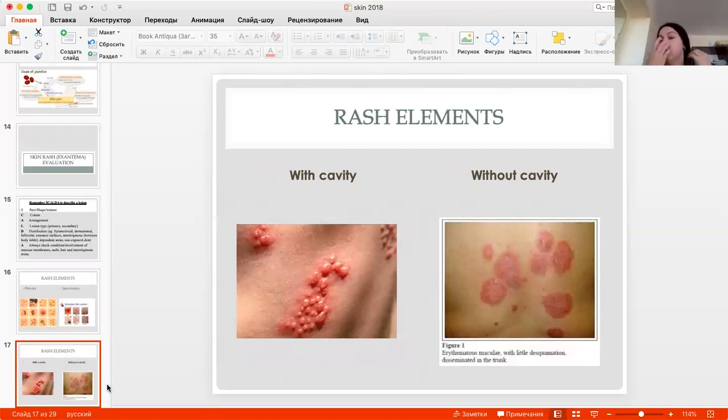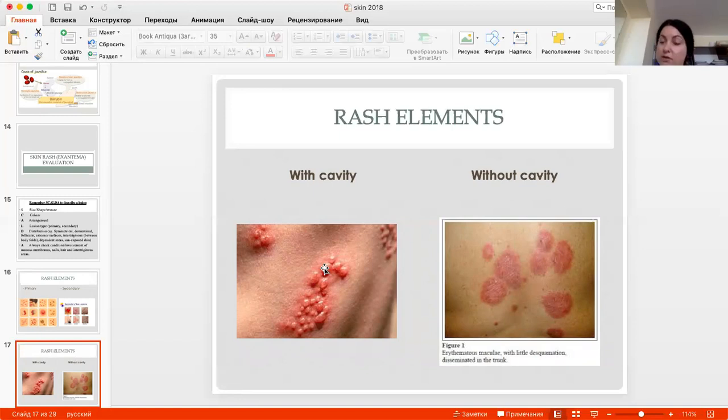As well, when we classify the rash elements, we talk about the elements with and without cavity. On the picture, you can see what it means. Usually the cavity is visible because there is a transparent epidermis upon it, and you can see through this epidermis if there is a cavity or not. Usually this cavity is filled with fluid. It may be serous fluid. In this case, it's called vesicula if it is deeper in skin,